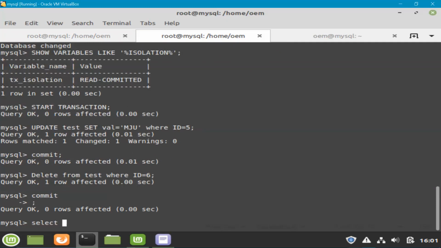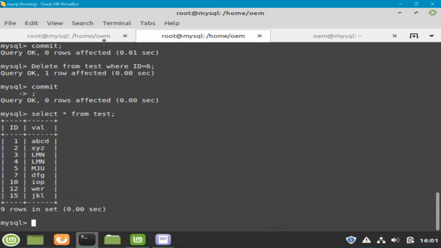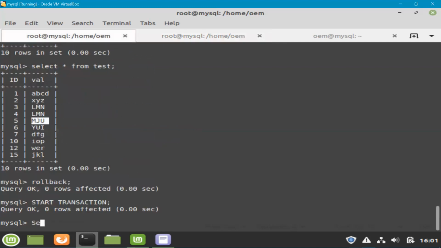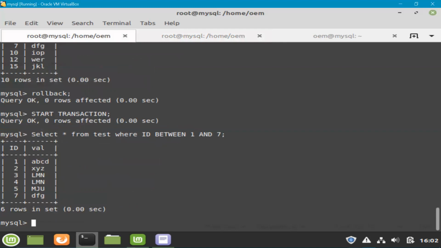So if I do select star from test, there is no ID 6. Okay. So what I'm going to write here is select star from test where ID between 1 and 7. So you have got ID 1, 2, 3, 4, 5, and 7, which is correct so far.